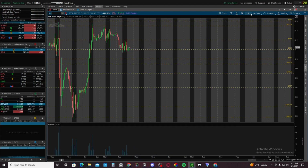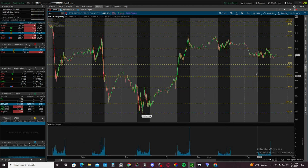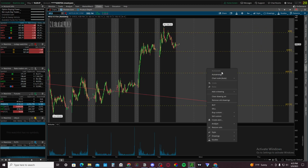So I usually mainly trade SPY, but today and yesterday have been pretty choppy price action wise, and not a lot of great volume or opportunities, which is basically what I mainly trade, SPY and QQQ. But now I'm focusing on it as well as moving into individual names. One of the reasons for breaking down the Netflix trade today was